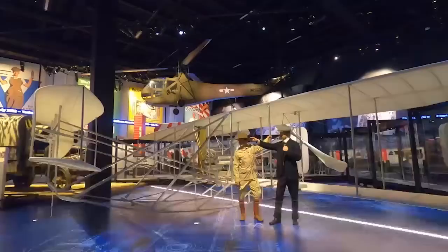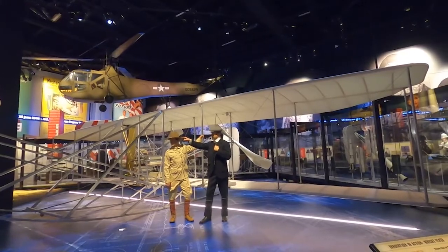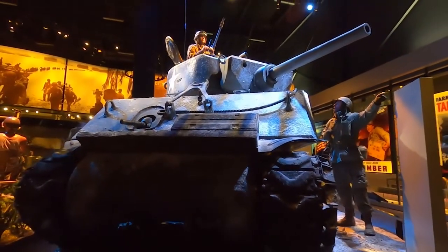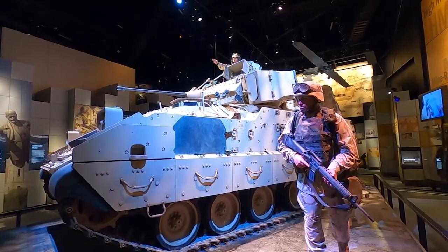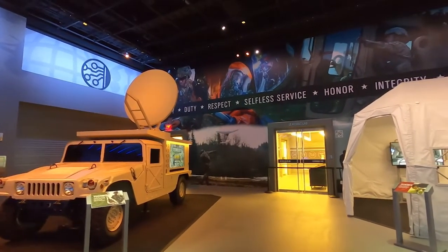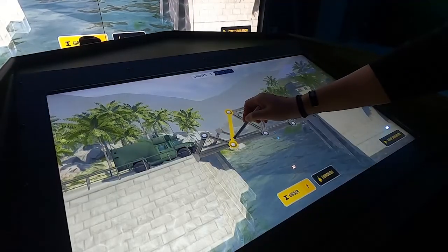For example, we have the 1908 Wright Flyer replica, as well as the Sherman tank from World War II called Cobra King that led the charge into Bastogne, as well as a Bradley fighting vehicle that was one of the lead vehicles into Baghdad. The museum also features an experiential learning center which focuses on GSTEM education: geography, science, technology,